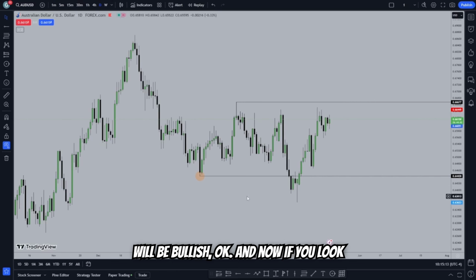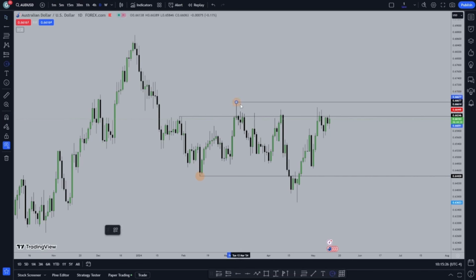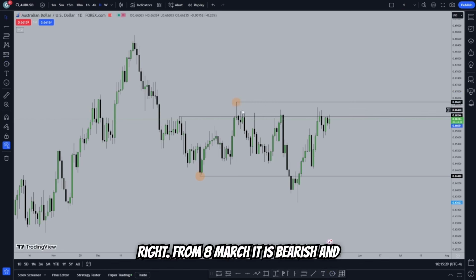Okay, and now if you look over here, price took these highs from this candle on 8 March. That's why I was bearish from 8 March, right? From 8 March it is bearish, and it's going down and down, and then it came back up and is going down. And then what happened was it went one more time to take the liquidity from here, and then it fell down. So now this is a daily bias,